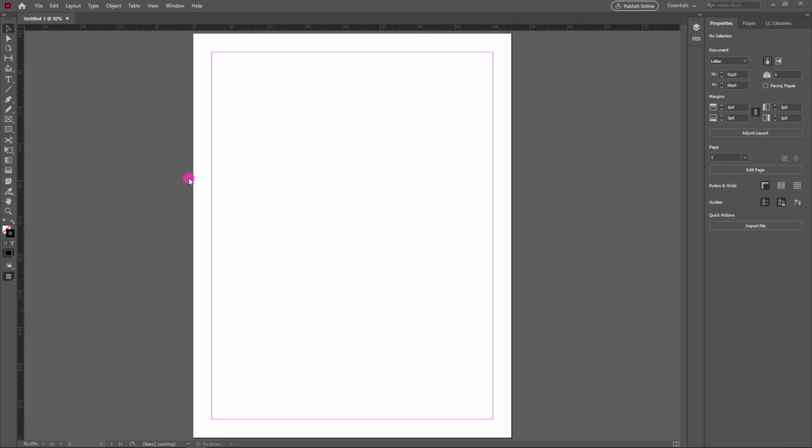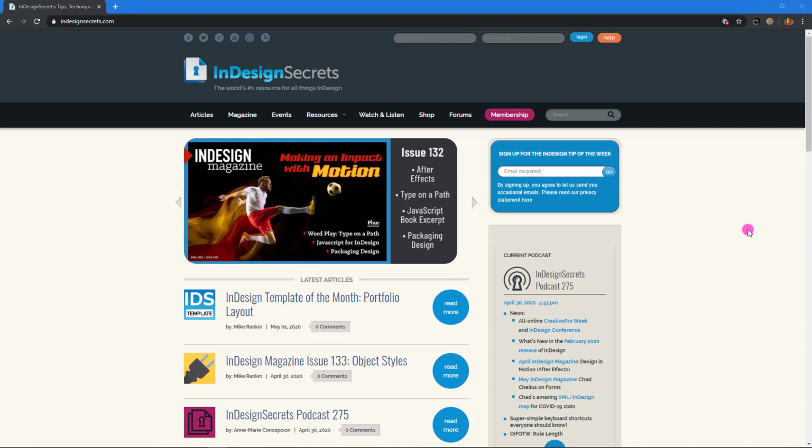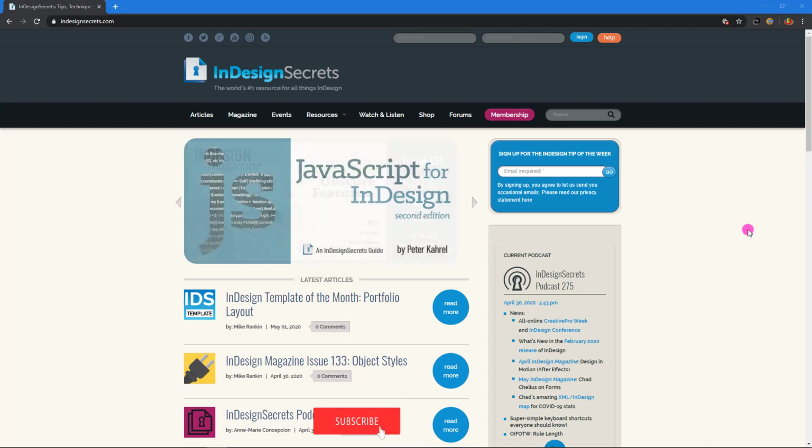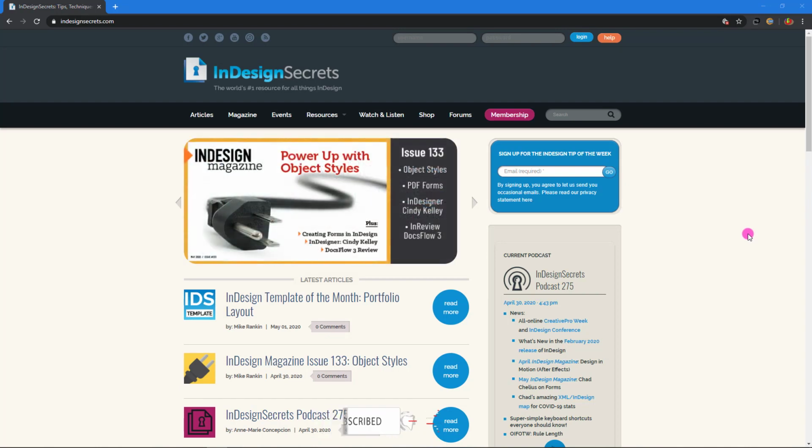Once again, now I want to close it and I want to open a template. Template means an already created layout. You can easily enter text and replace images easily. So I want to close it now. And you can get many free templates from this site, InDesignSecrets.com. Here you can get templates for book, magazine, calendar and many more.